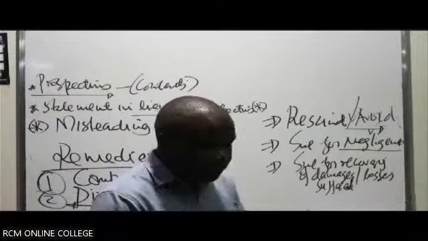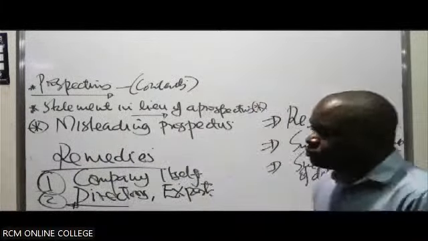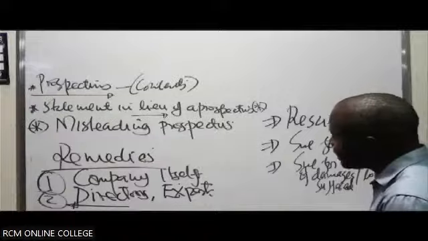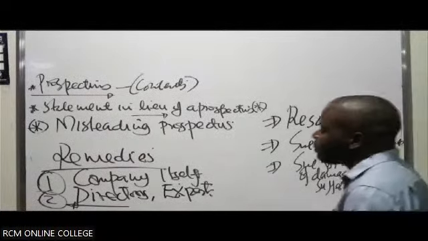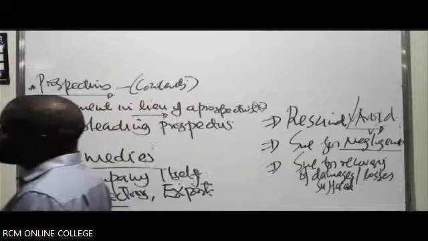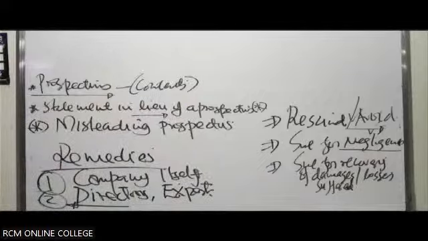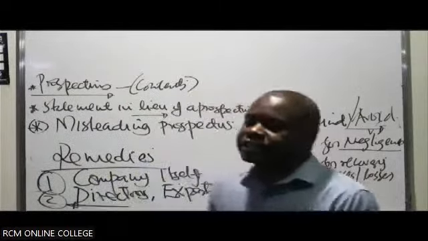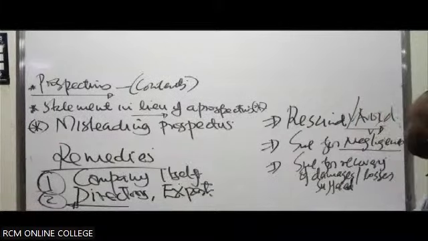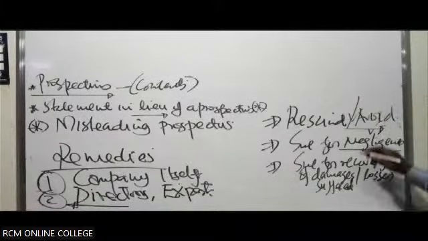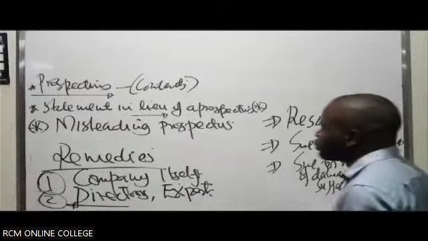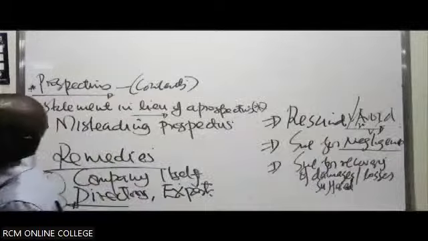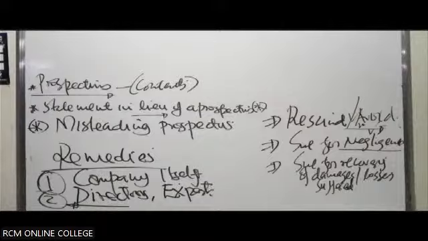Number one, it was issued by the company. Number two, he relied on the statement to make an informed decision to buy the shares of the company. Number three, the statement he relied upon was not true or factual about the company, and it is what convinced him to buy the shares. Having proved those, he can rescind or avoid the contract of allotment, and they have to give him back his consideration, the price he paid for the shares. You'll have to give me back my money. I don't want your nonsense.